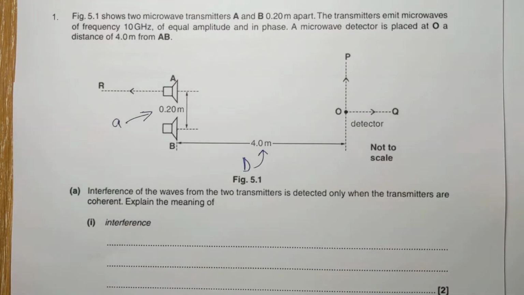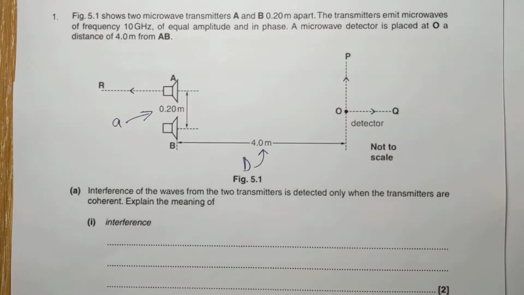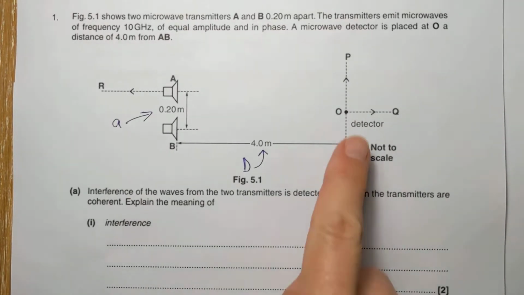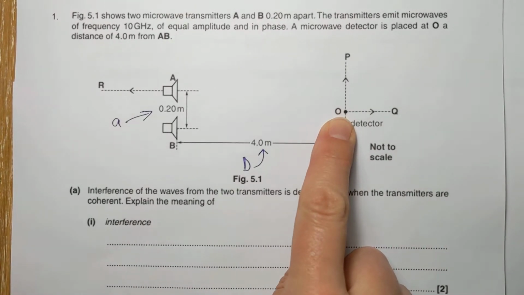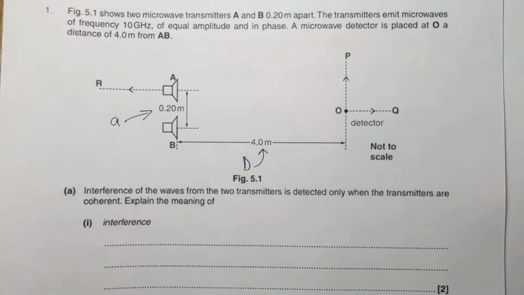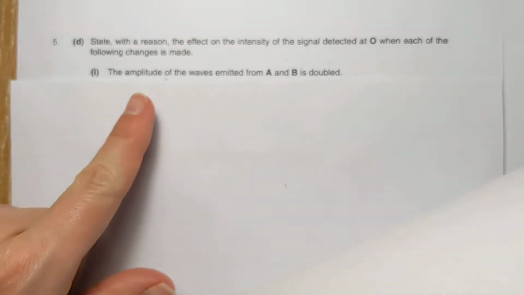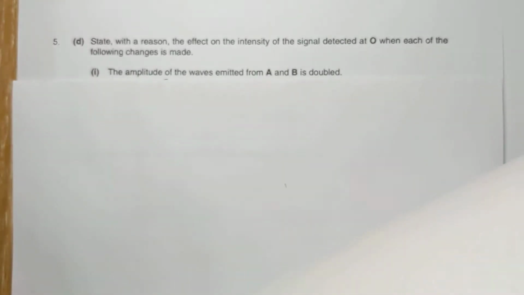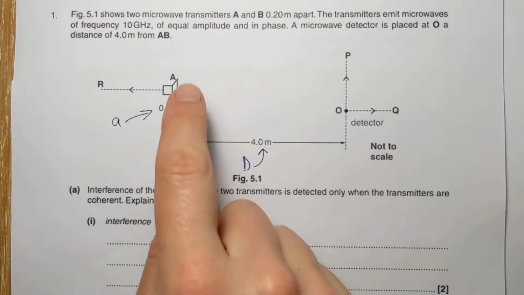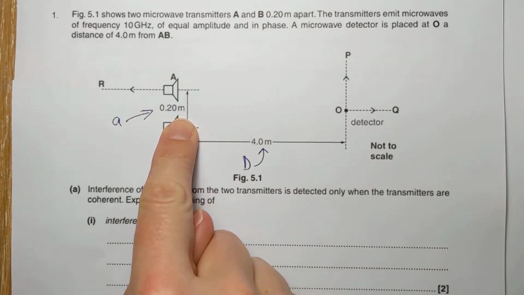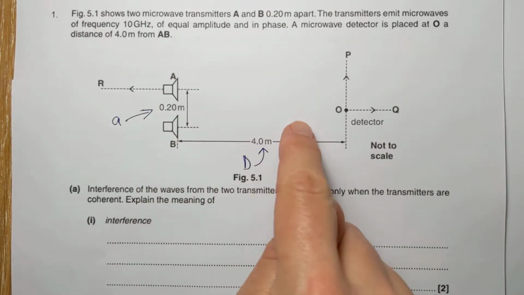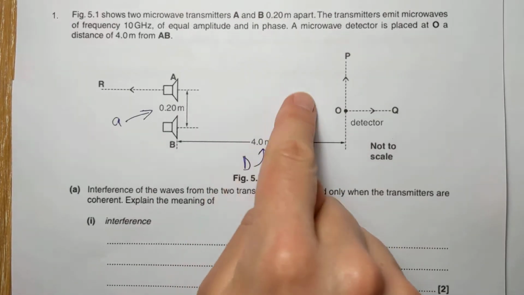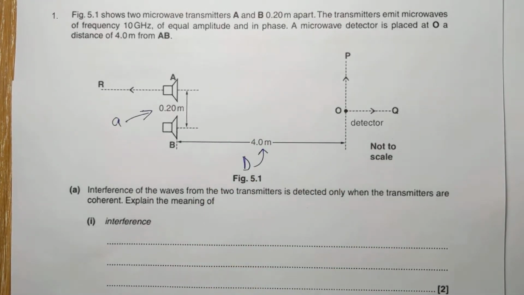And for the last part of the question, finally, we are asked to consider two more situations that could affect the strength of the signal detected here. So the first one asks us, what if the amplitude of the two waves is doubled? Okay, well, if we double the amplitude of these two waves, we also double the amplitude of the resultant wave,